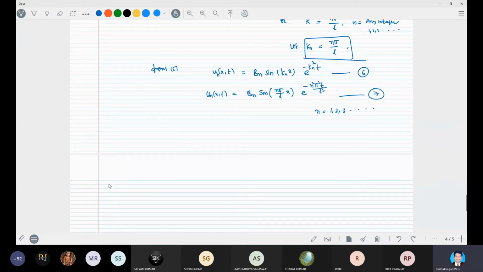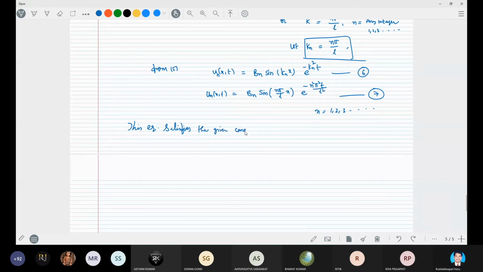Therefore you can write that this equation satisfies the given conditions